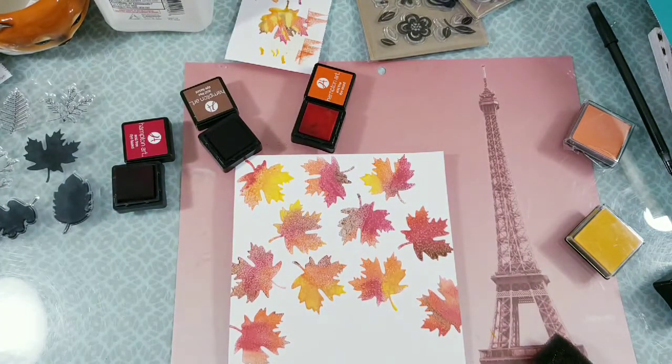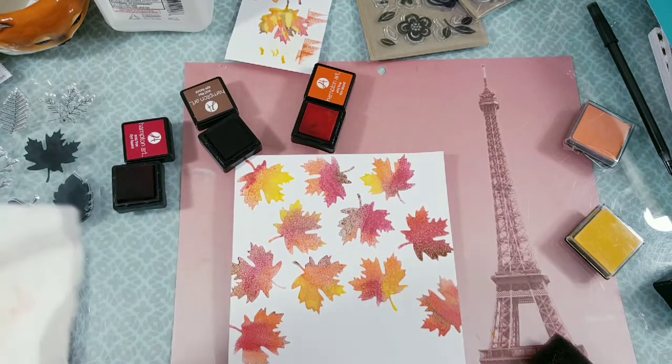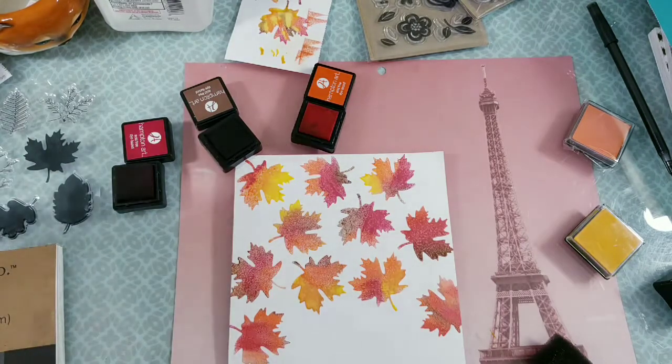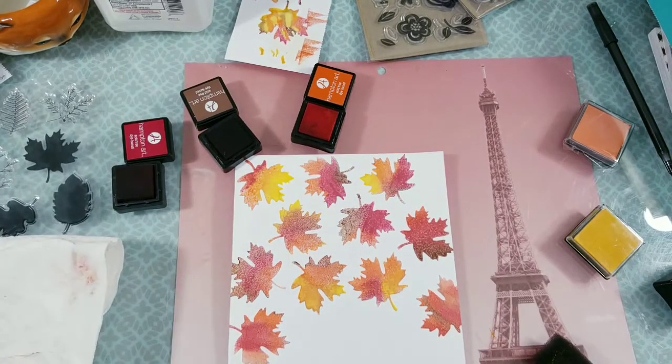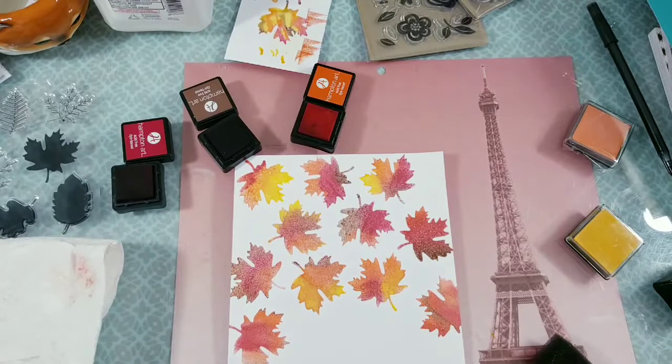I just dropped my stamp. How about that? It's like way in the way for me. That's okay. This little piece of paper, or it's not even paper, it's a napkin, Mandy. Needs to be there anyway. And I dropped my